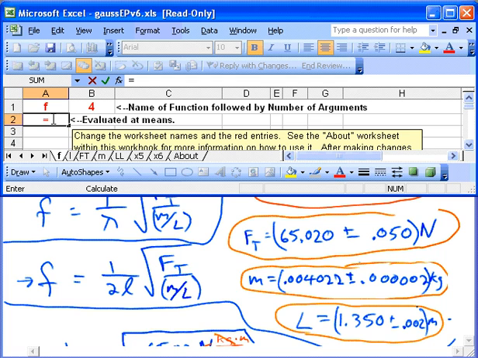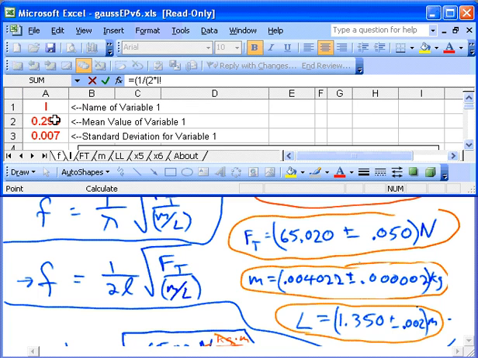And go equals 1, or open parentheses, 1/2. I want this bottom part in parentheses too, so I'll go open 2 star. This time I'll just click on the little L, not hit return, and then go looking at the rest of the formula. Close the denominator, close that whole expression out front, hit the times key, which is what I forgot to do with the calculator, and then times the square root,